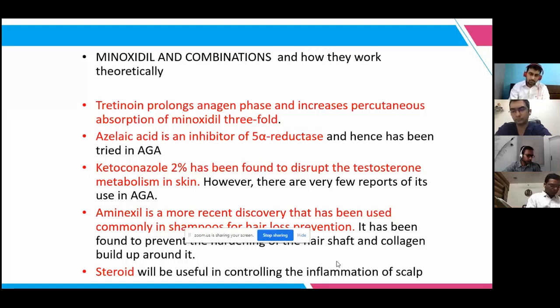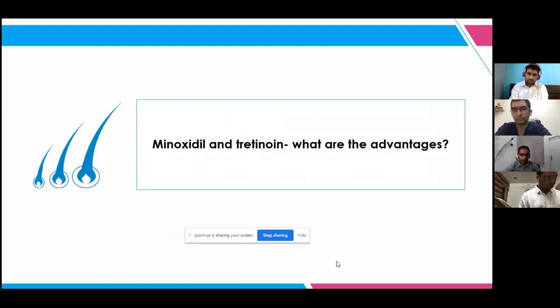Steroids will be useful in controlling the inflammation, but I think we should be aware of the side effects of steroids also. So I don't advise the steroid combinations, because steroids will definitely aggravate the existing condition. In the long term, they are harmful. So we don't want steroids. Maybe we can use it for 1 month or 2 months, but if you go on using it continuously for a prolonged time, I think there will be a lot of problems with painful scalps or erythematous scalps or sensitive scalps. We have seen patients developing sensitive scalps also with steroid combinations. So we think it's better to avoid steroids. That is what my suggestion is.